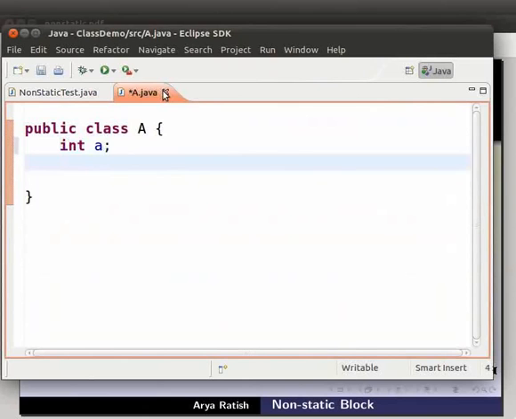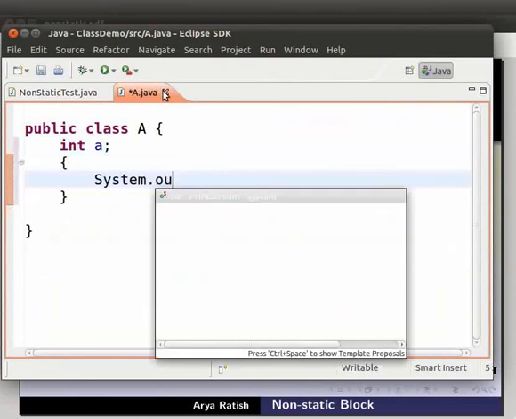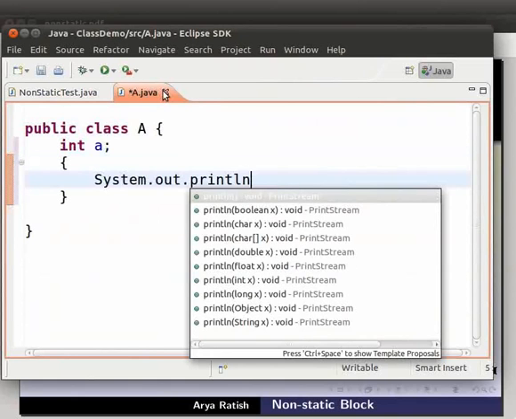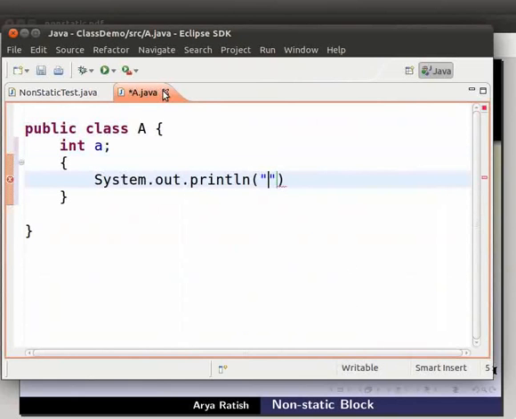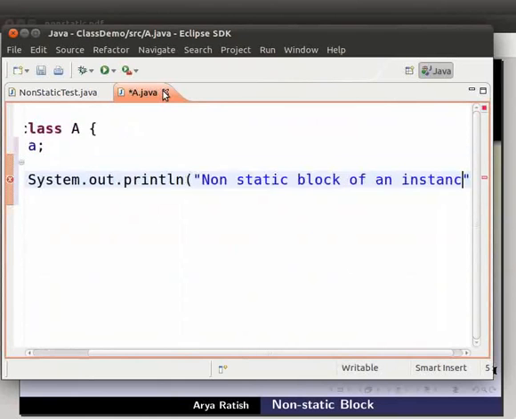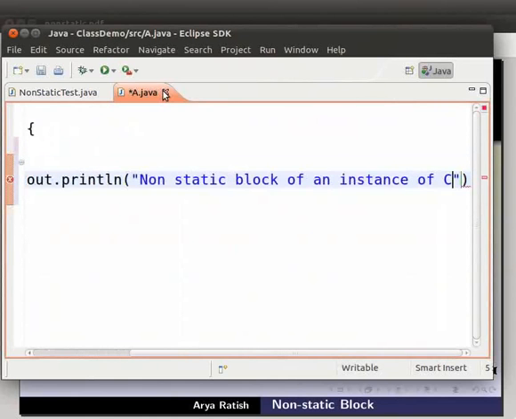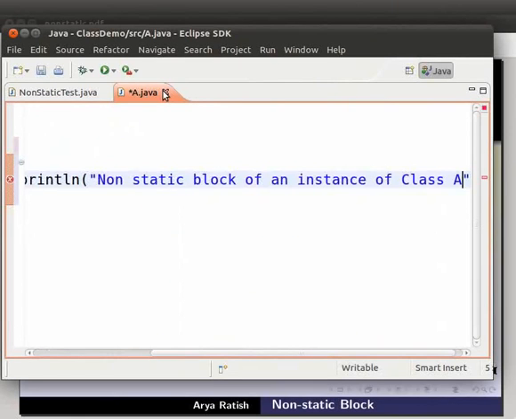Within curly brackets, type system.out.println within brackets and double quotes non-static block of an instance of class A. Semicolon.